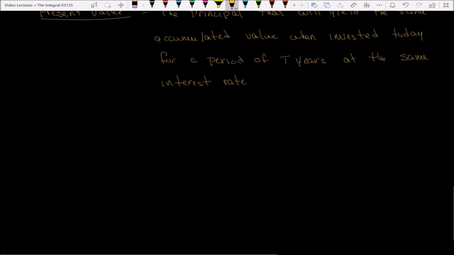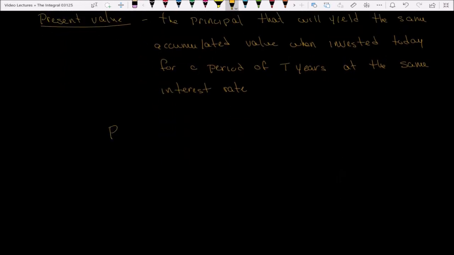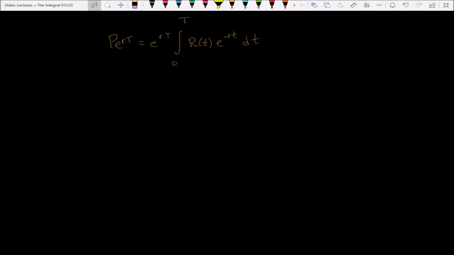Right? In other words, if P is our principal, then P e to the rT is equal to e to the r capital T times the integral from 0 to capital T, R of t e to the negative rt dt. All we have to do is solve for P by dividing both sides by e to the rT. I forgot, that should not be a little t, that should be a capital T. This will give us this result, the present